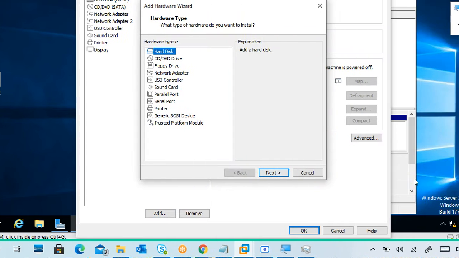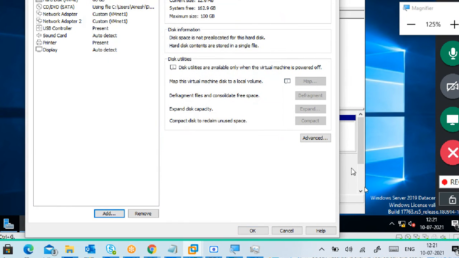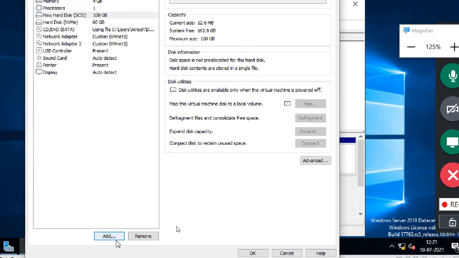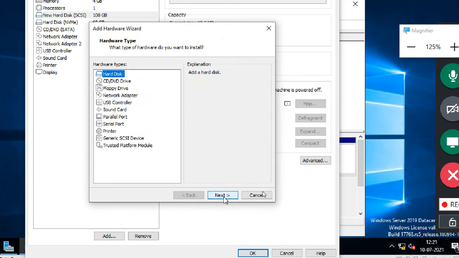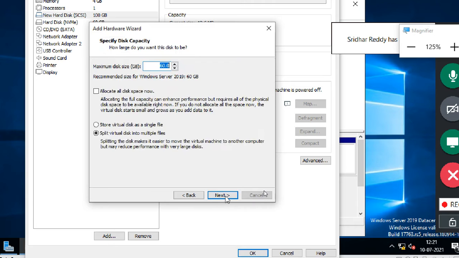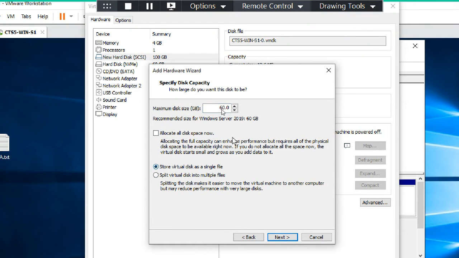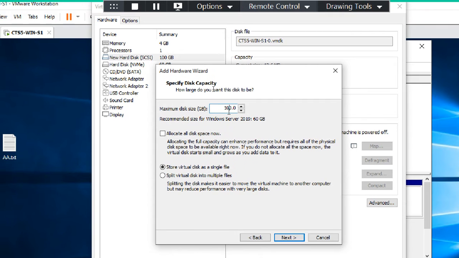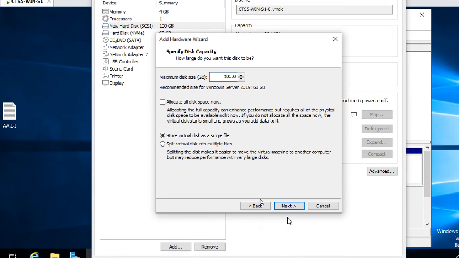Now I'm adding all the disks, then only I will go. Add hard disk, SCSI, new virtual hard disk, store as a single file, 100 GB.